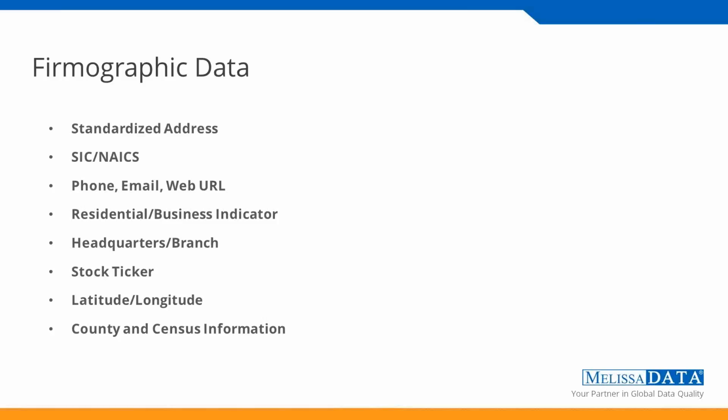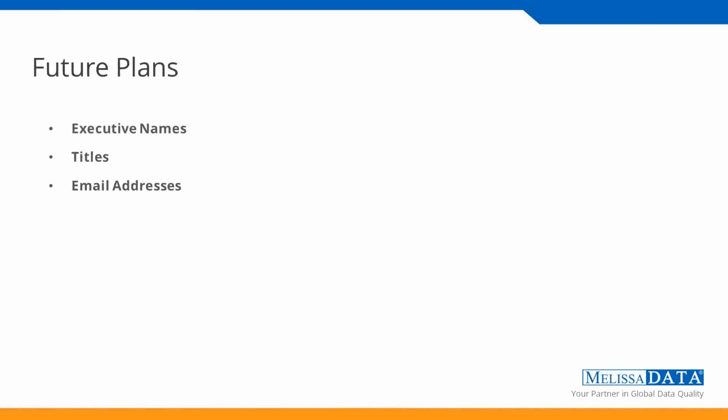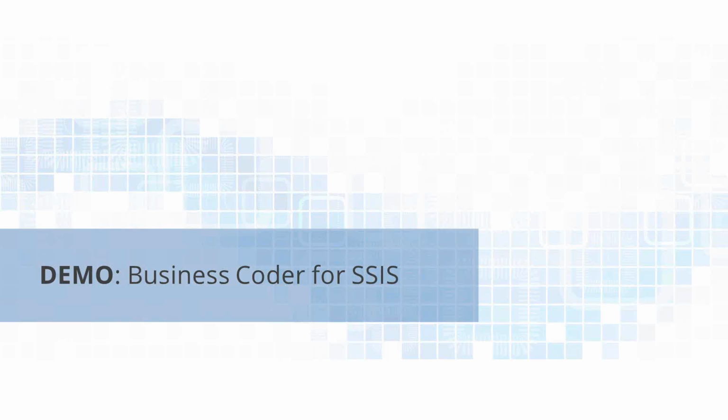And in the future, it's not available right now, but we do realize that there's a lot of demand for this, we will be returning executive names, basically, for a business. So you give it like Google.com, and we'll have a list of whatever executives we have for a certain branch, and then their titles as well and their email addresses. So this is something that is very appealing to a lot of people, especially when they're trying to send out campaigns and contacting their prospects. So just to put it out there. All right, so